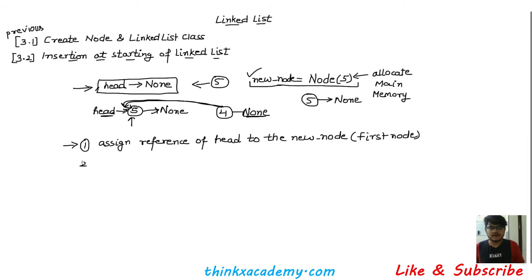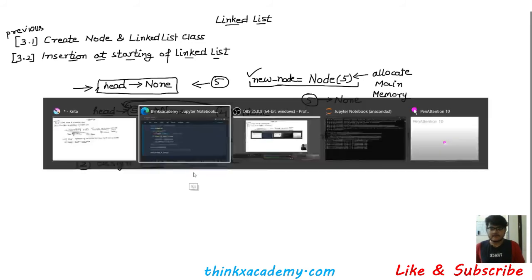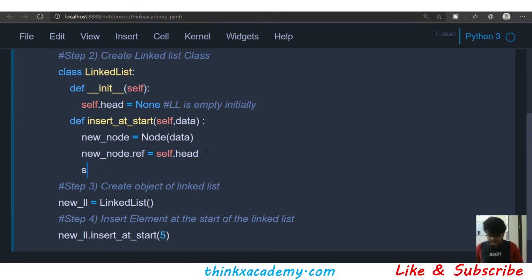After we have done this, the last step is to assign the head node to the new node, right? Because we know that the head pointer has a specific purpose inside of the linked list, which is that it will always point to the first node, right? So the first node is going to be the new node. So in the next step I'm going to assign self.head, meaning I'm reassigning the head reference, to the new node, right? So equals new node. Now this head pointer will point to the new node,